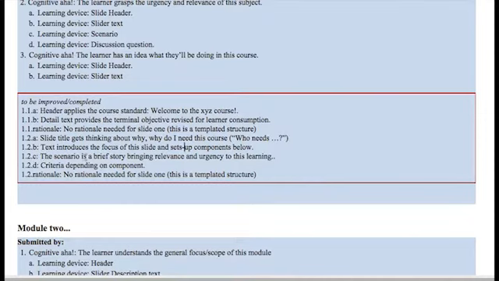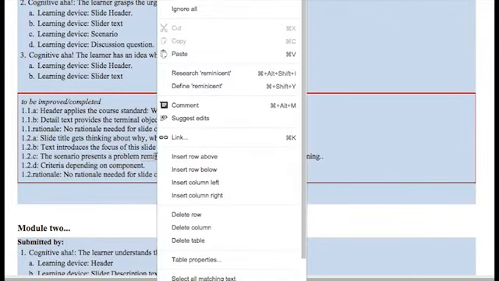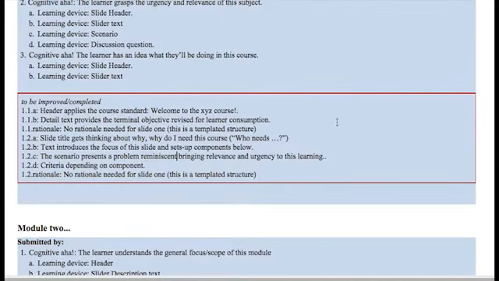So scenario is a brief story bringing relevance and urgency to this learning. I think that's a little bit vague. So let's say the scenario presents the problem. Reminiscent, let's say. How do you spell reminiscent? I'll let Google figure that out. That's not correct, but let's see exactly how to make it right. You can see I don't use that word very often. Reminiscent of the problem